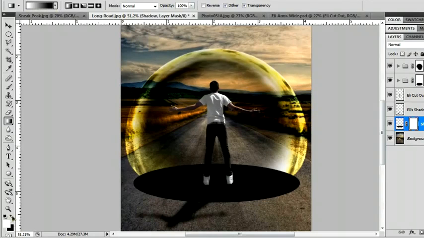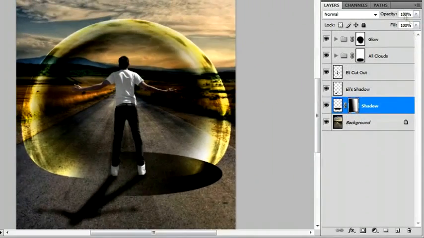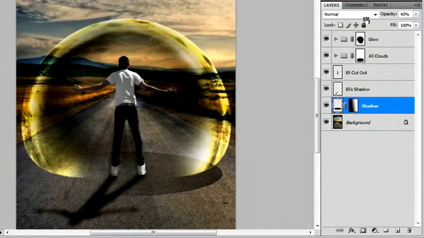Actually, we're going to swap that around. We're going to make it a black to white gradient. And then click from about the bottom left hand edge of the ellipse and drag it over towards the right hand side and let go, and you can see that it got pretty much masked out for the most part. And we're going to lower the opacity of this shadow to close to 40-50% ish area,